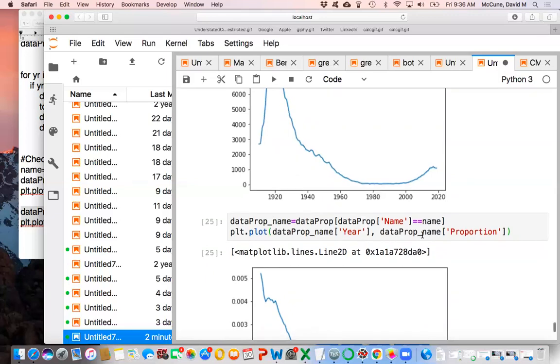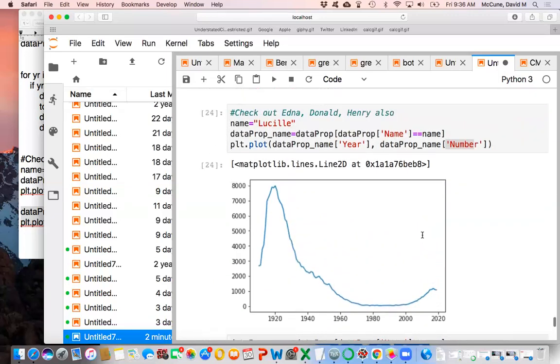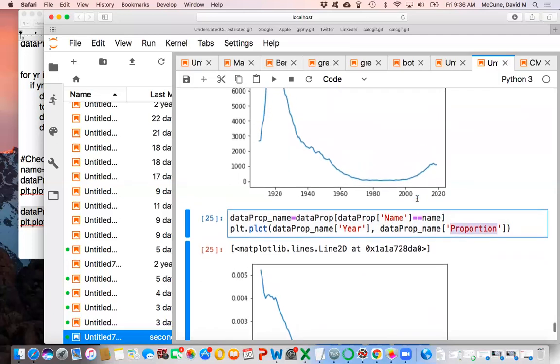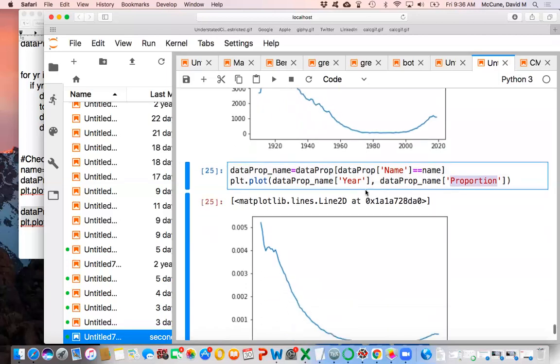So anyway, just here's something you could do. There are plenty of situations where raw numbers might be deceiving and you'd rather use percentages. And we've already seen that with the vote percentage data from previous days. So this is the same kind of thing. Percentages, or proportions, can sometimes help show you what's really going on when things are different across counties or across states or across years with numbers of babies being born and so on.